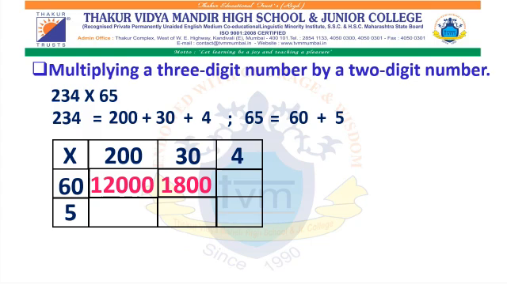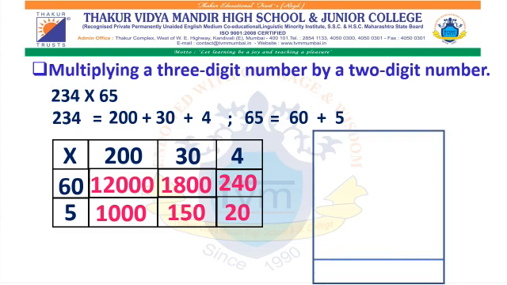60 into 4. 6 fours is 24, plus 1 zero of 60. So that will be 240. Next, 5 twos is 10 and 2 zeros of 200 will be placed next to it. So we will get 1000. 5 into 30. 5 threes is 15 plus 1 zero of 30 will give 150. 5 fours are. Here we are going to write the answer directly as we do not have zeros over here. So directly we will multiply 5 fours are, that is 20.